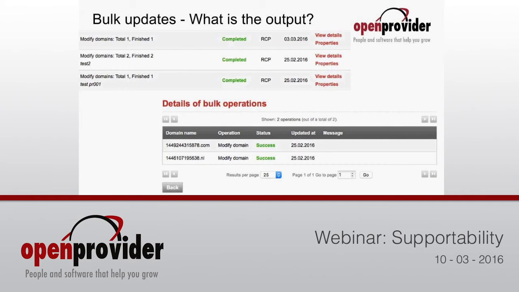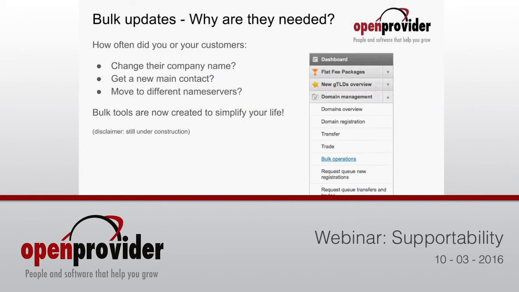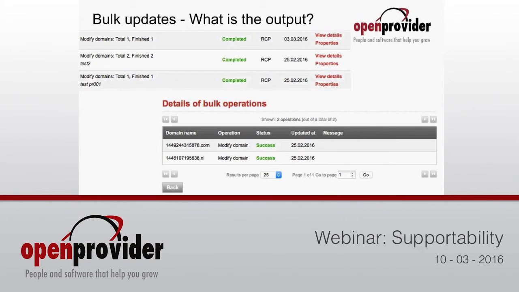These are, of course, test runs I did to make the screenshot. But in the control panel, once you've started these batches or bulk updates, you can always see what is going on, how far it progressed, which ones succeeded, which ones failed, and always retry when parts did not complete. This tool can be found, by the way, under domain management, bulk operations. With this tool, you can automate or easily update all your domains, depending on what you want to change.